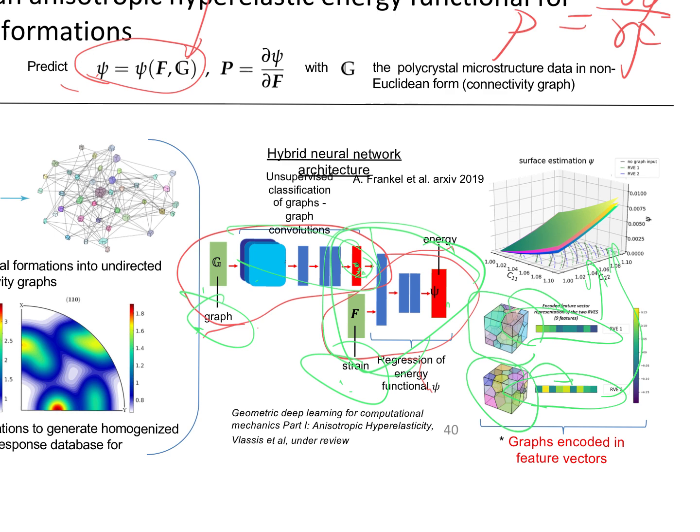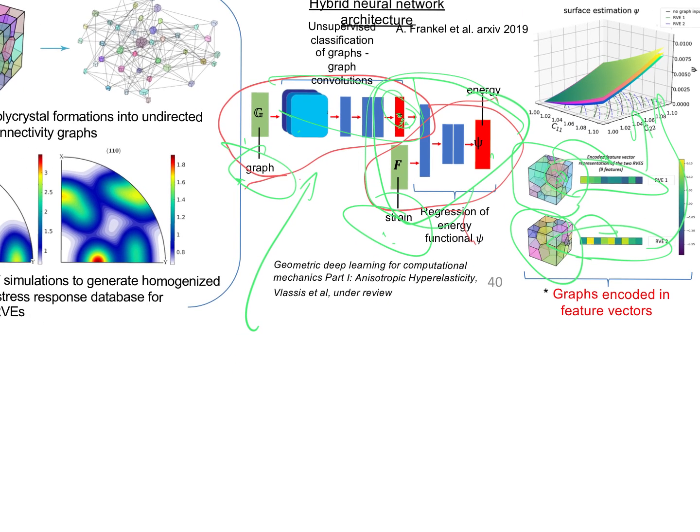If I have two graphs that represent the same microstructure, but I just label them differently, say I call them A, B, C, D, E, and then I call them 1, 2, 3, 4, 5, or maybe another A, B, C, D, E but changing the order, I should get exactly the same energy functional. If I do not, then it's not permutation invariant, and that means how I label those particles is changing the energy functional, so that would be wrong. One thing that is very important, and I will talk about in detail, is that permutation invariance